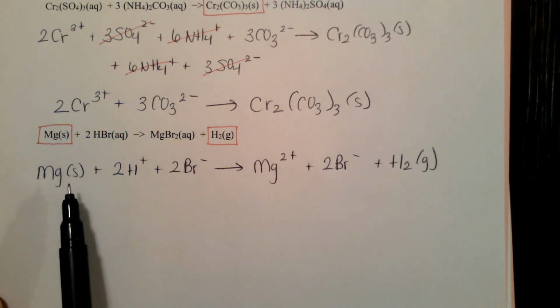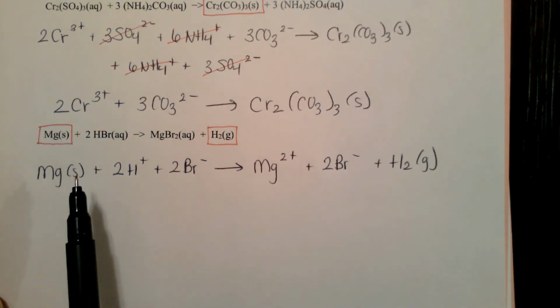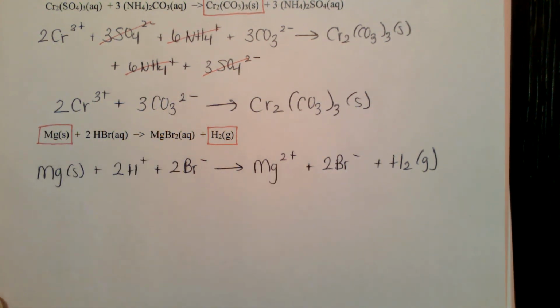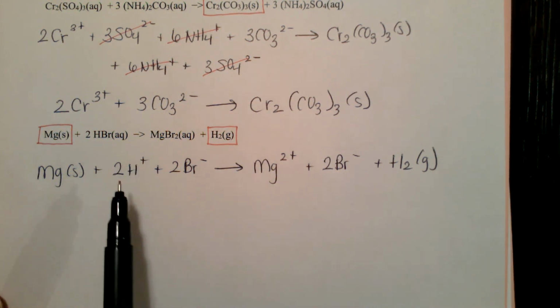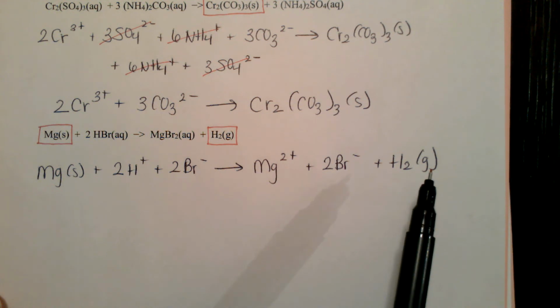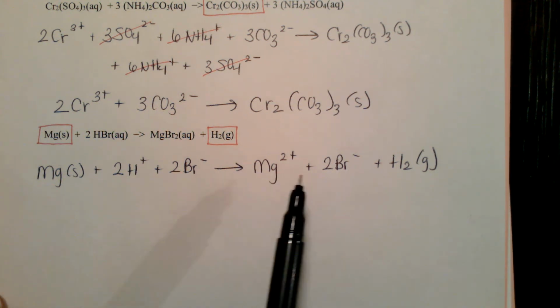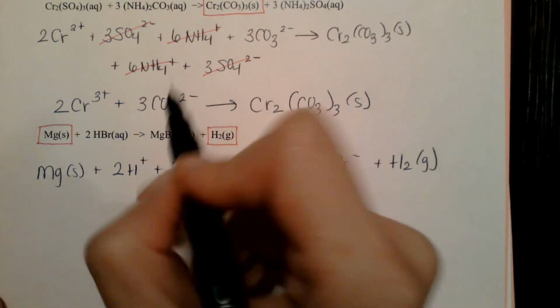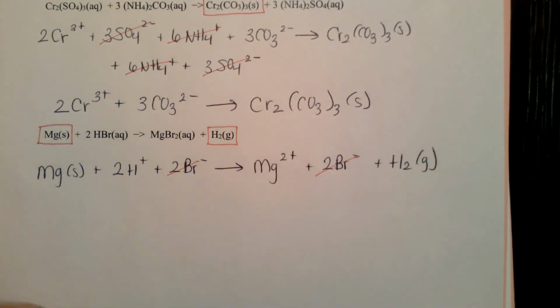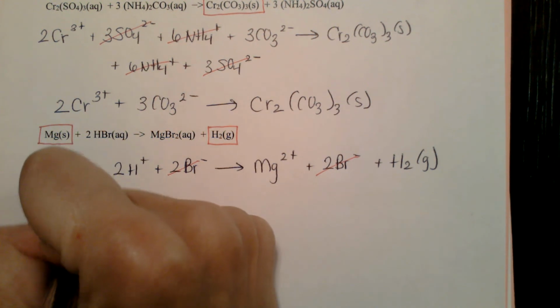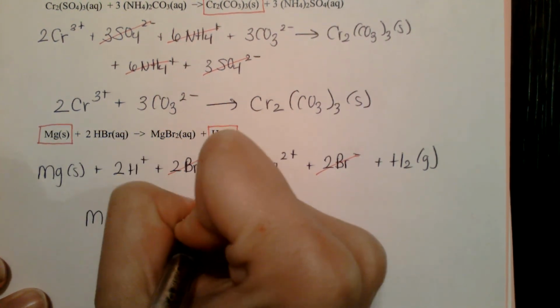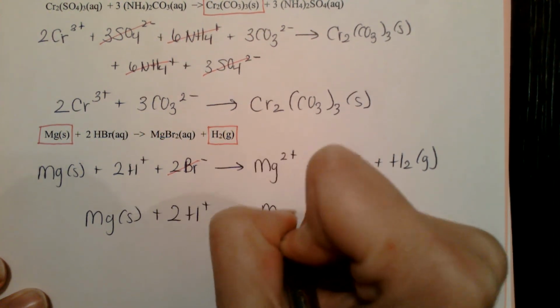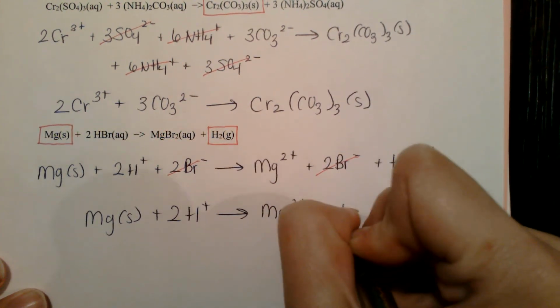So again, I said that to cross them out, they have to be in the same phase. This one's solid. This one is aqueous. So we're going to leave those alone. Our hydrogen is aqueous here, and it's a gas here, so it doesn't cancel. The only thing that's exactly the same on each side is the bromide ions. So those are the only two things that cancel. So if we look at what we have left, we have Mg solid plus 2H+ gives us Mg2+ plus